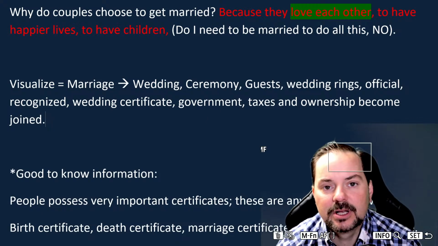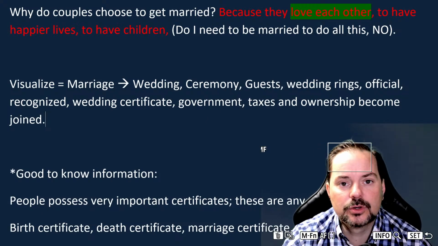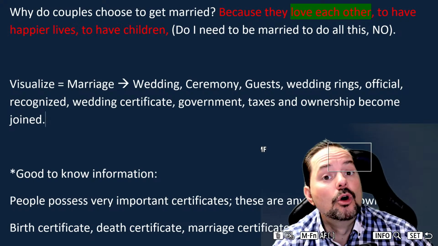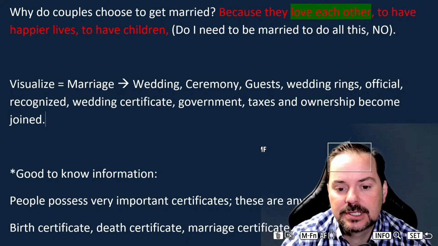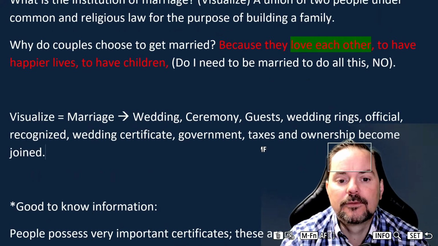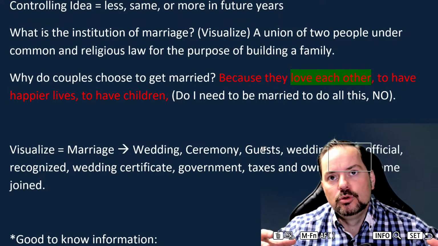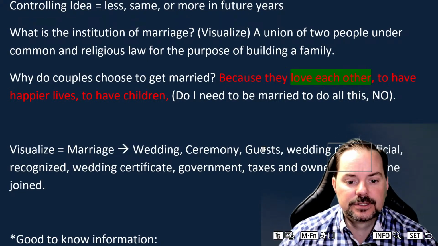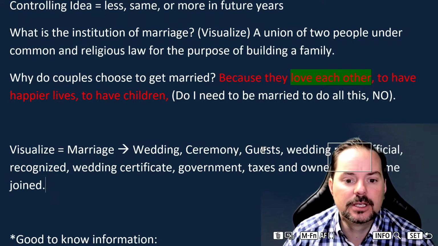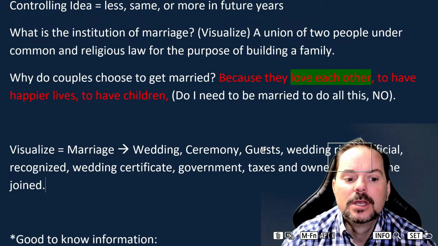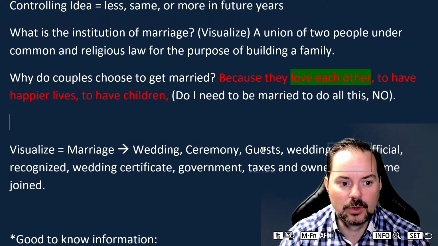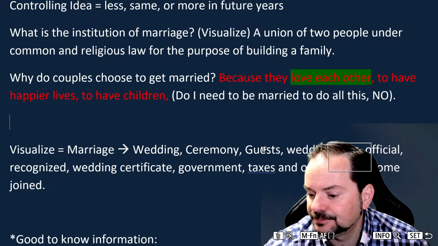Taxes and ownership become joined in most cases, right? So you co-own your house, you co-own your assets, you co-own your taxes, your debts to society, and so forth. So the way that you navigate the economy becomes different when you're officially married, right? So when we're visualizing this, we start to realize that, okay,